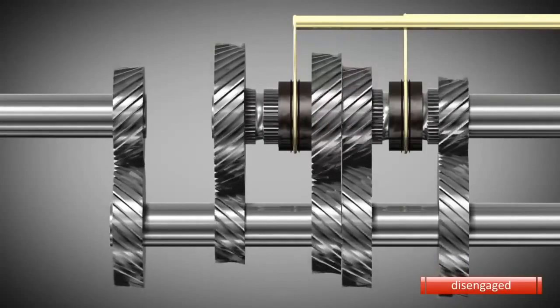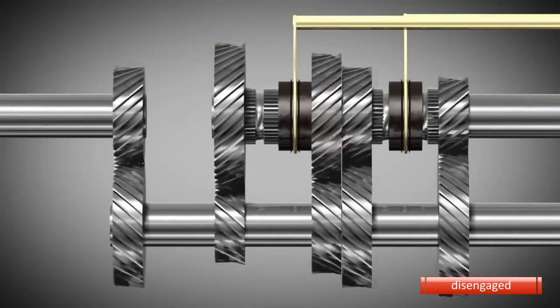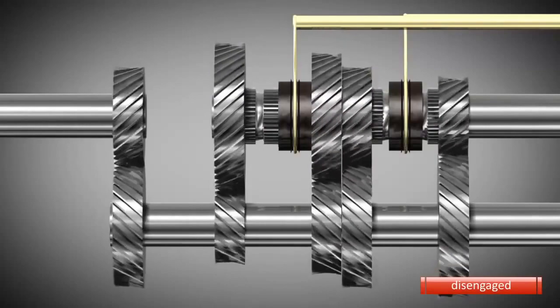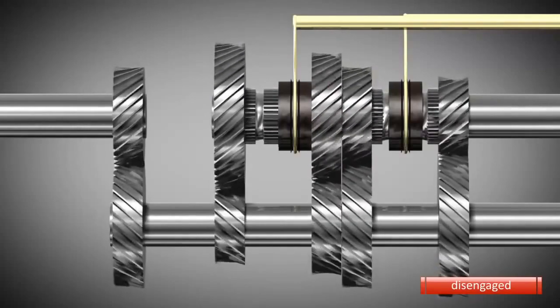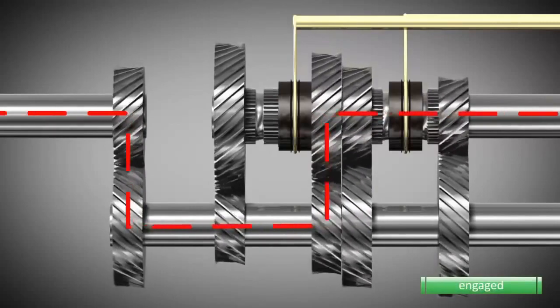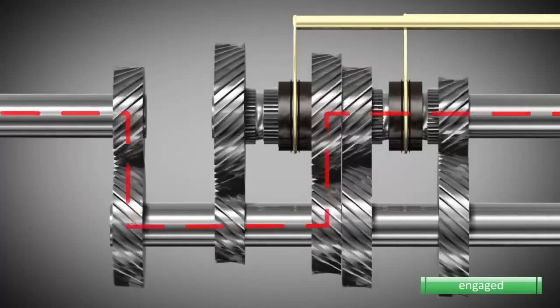Here, the tooth system of the second gear and the tooth system of the output shaft will be synchronized to correctly match the speed of the gear to that of the shaft as the gear is engaged. When the friction clutch is engaged by the driver, the energy is transferred to the transmission and, consequently, to the wheels of the